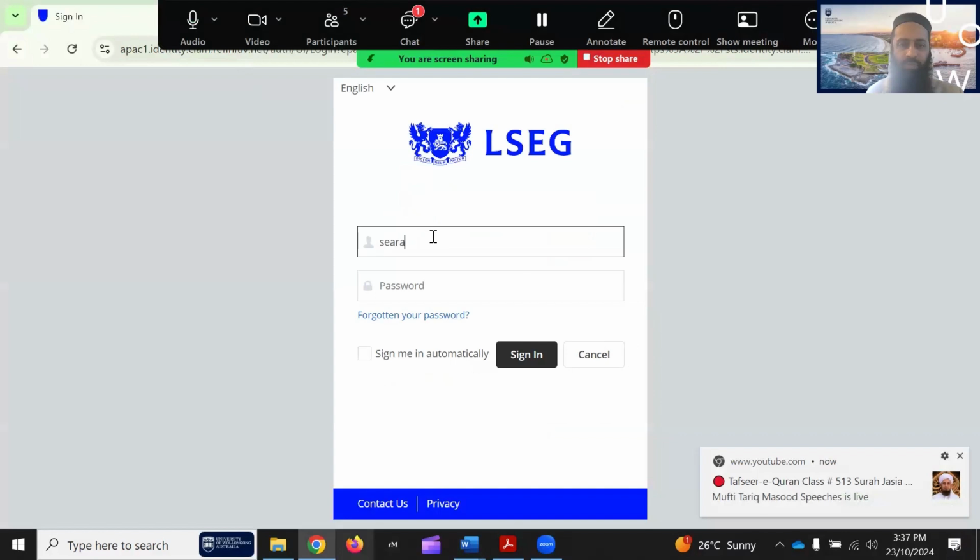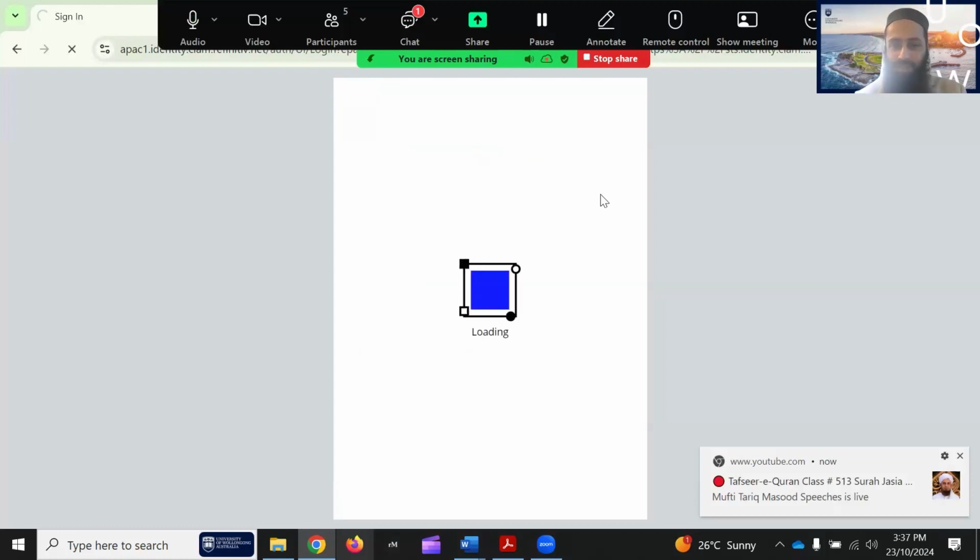So does everyone here have the username and password to Refinitiv? You don't have? So the first step is you need to contact Hayden. Contact Hayden for this if you are inspired after this workshop and you have to collect the data. Okay, so this one is logged in.